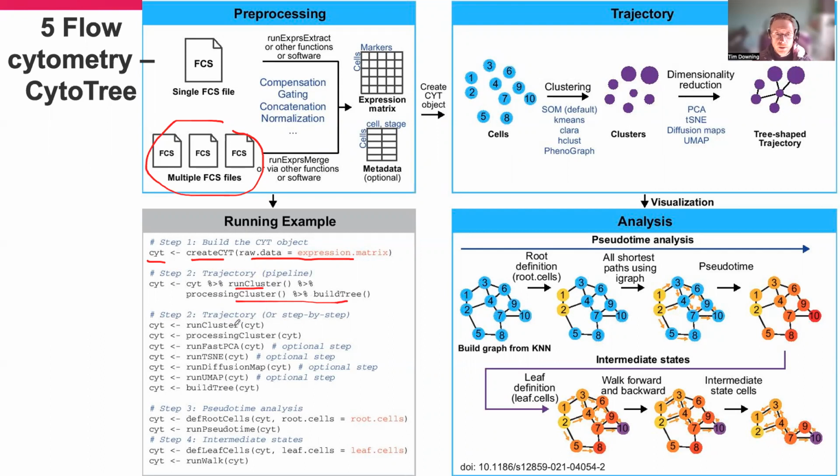And then we do things like trajectory analysis, where you might run some clustering approaches or build a tree, for example, for further analysis. That's shown over here, where we might want to look at the dimensionality reduction to see if we can reduce the dimensions that are present, and then look at our cell types to discover their relationships. And in this diagram, what we've got is different cell populations shown by 10 different clusters here. So what it will do is try to